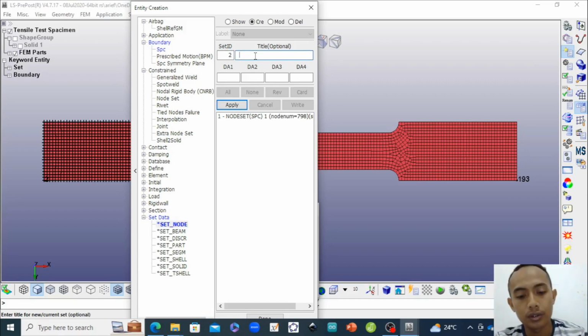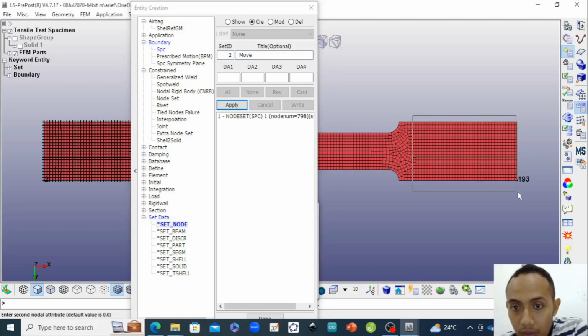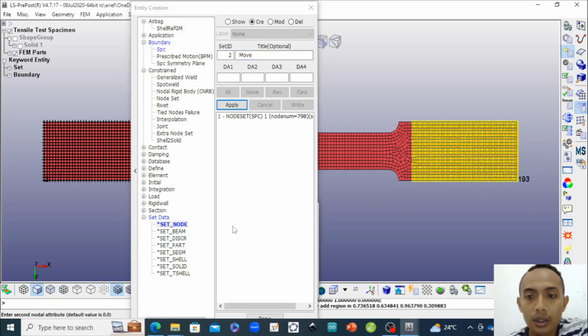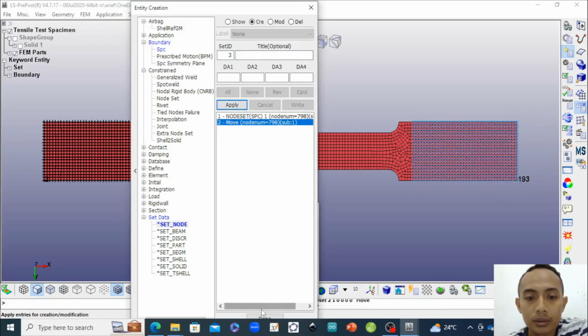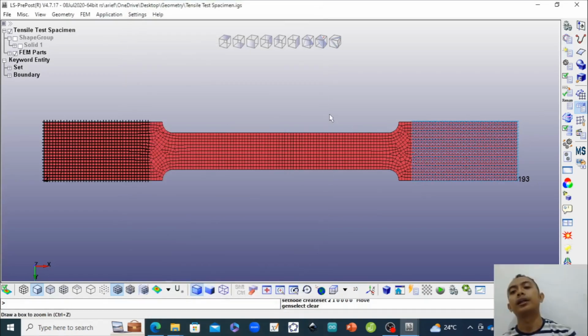Just create, move parts here. Select the nodes. We'll select this and apply. Okay, and then the velocity